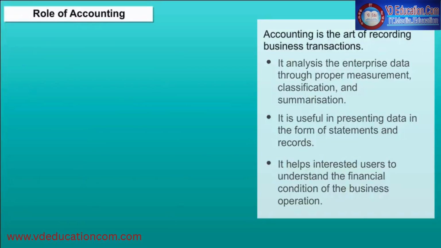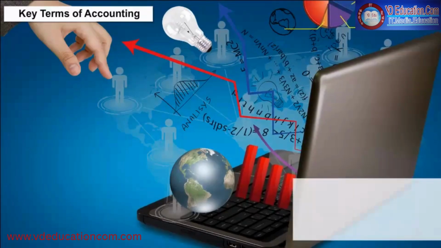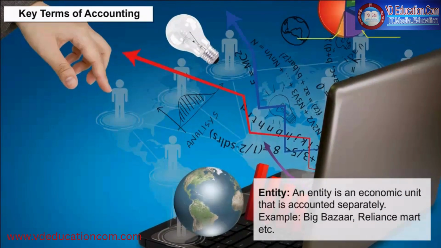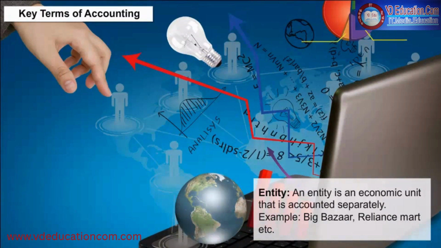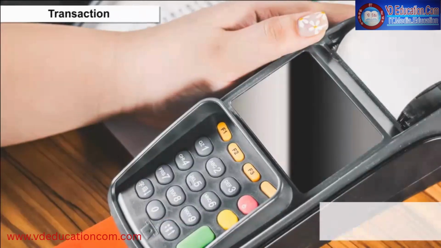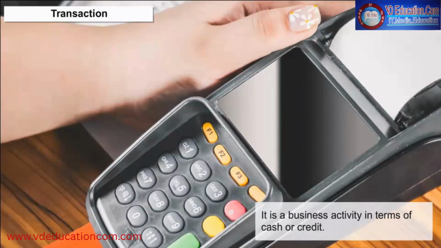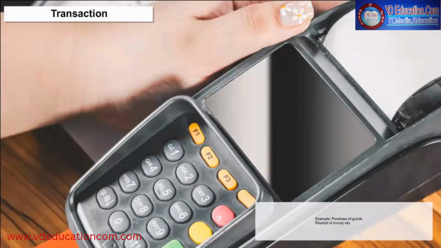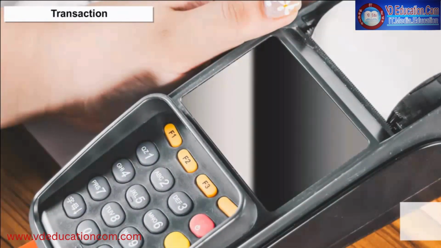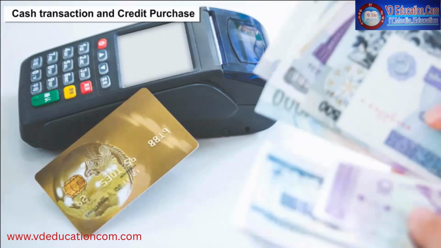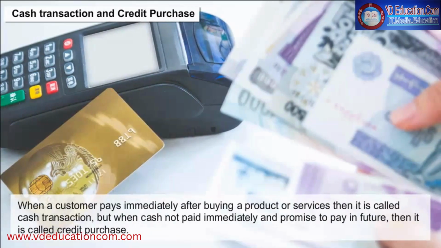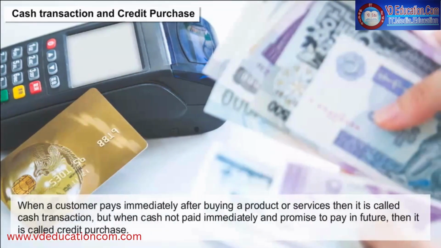Key terms of accounting. Entity. An entity is an economic unit that is accounted separately. Example, Big Bazaar, Reliance Fresh, etc. Transaction. It is a business activity in terms of cash or credit. Example, purchase of goods, receipt of money, etc. Cash transaction and credit purchase. When a customer pays immediately after buying a product or services, then it is called a cash transaction. But when